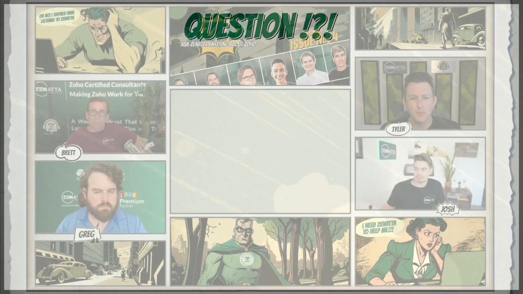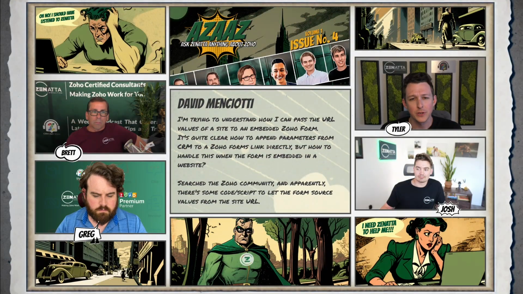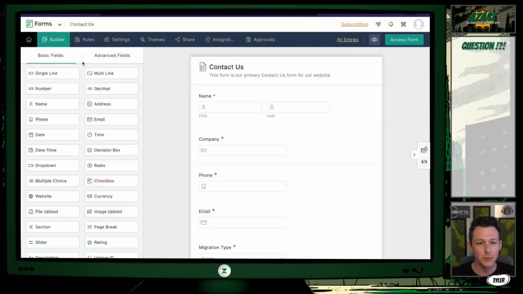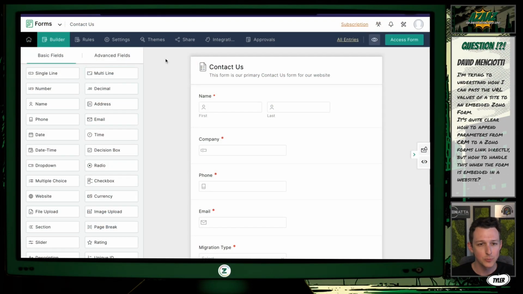So there's a couple of things here that we can go over. Right out of the gate, if you're sending a link to a form in an email, this is super simple to do. If you want someone to click on a link and land on a page on your site, and then have the Zoho form capture those parameters, it's a little bit trickier, but it's definitely doable. So I'm going to pull up a screen share and we can walk through how you would do this in practice. So I'm here in a demo account just using a Zoho form,